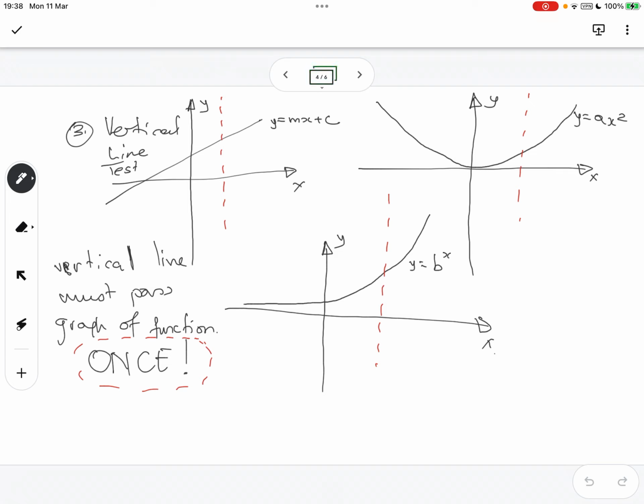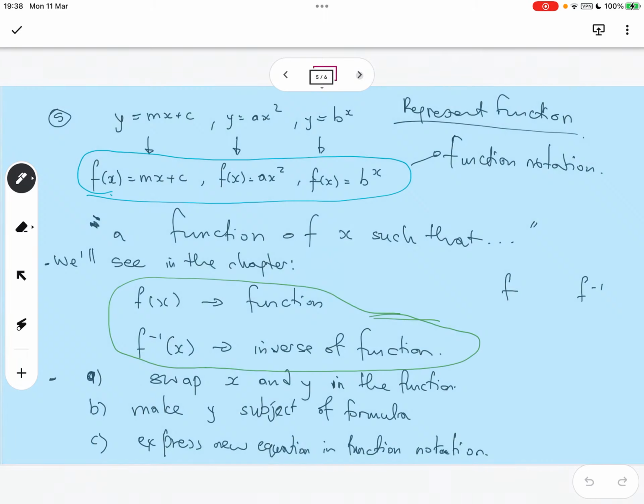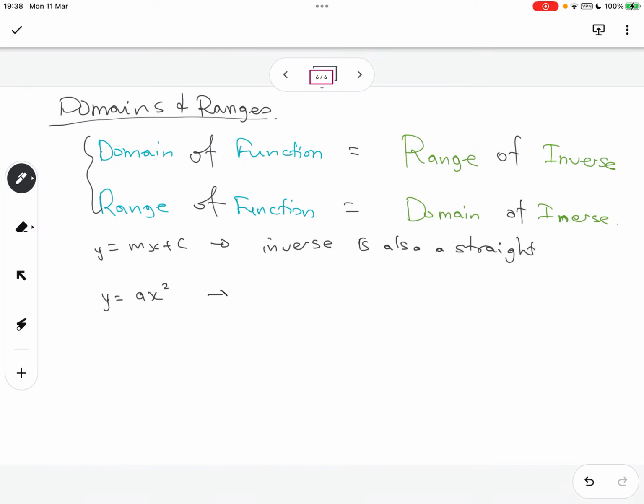Now this is why I was saying that, right? The inverse of a parabola is not a function because it fails the vertical line test, right? Not a function. However,